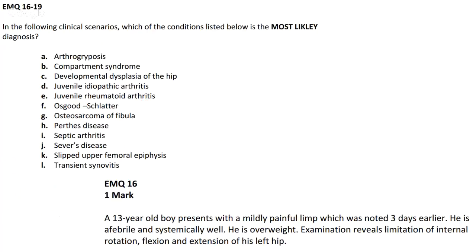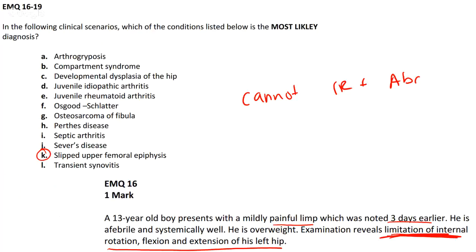Okay, all right. So we're just going to very quickly go through these. So what do you think this is? So this is SUFE because it's a painful limp 3 days earlier. Okay. Actually, the only thing that is important is this particular thing, okay? So somebody with SUFE, they cannot internally rotate plus abduct plus flex, okay? So with SUFE, what happens